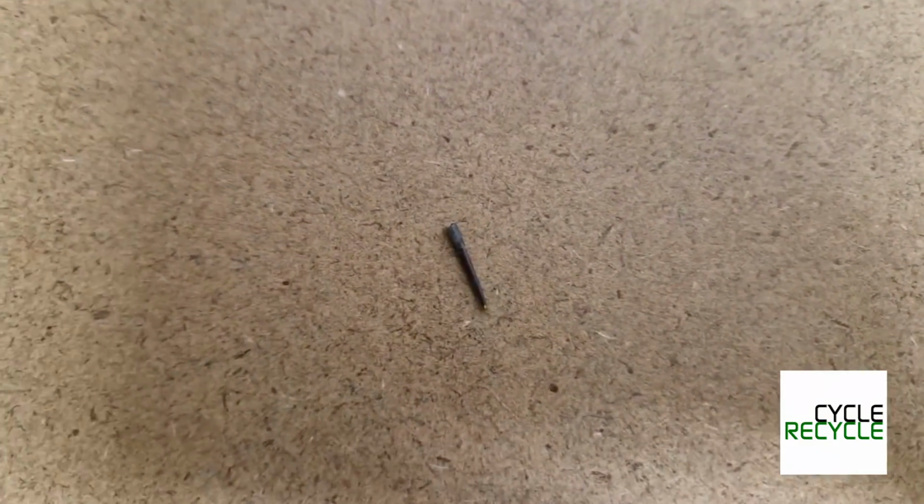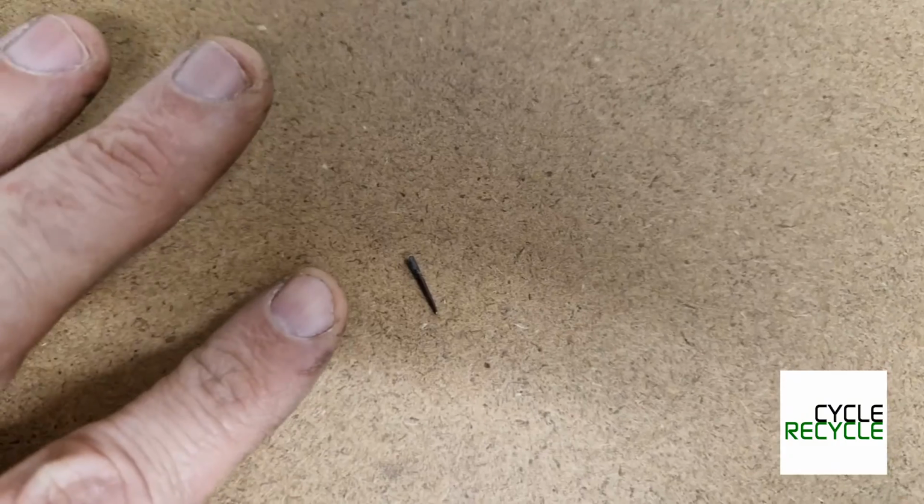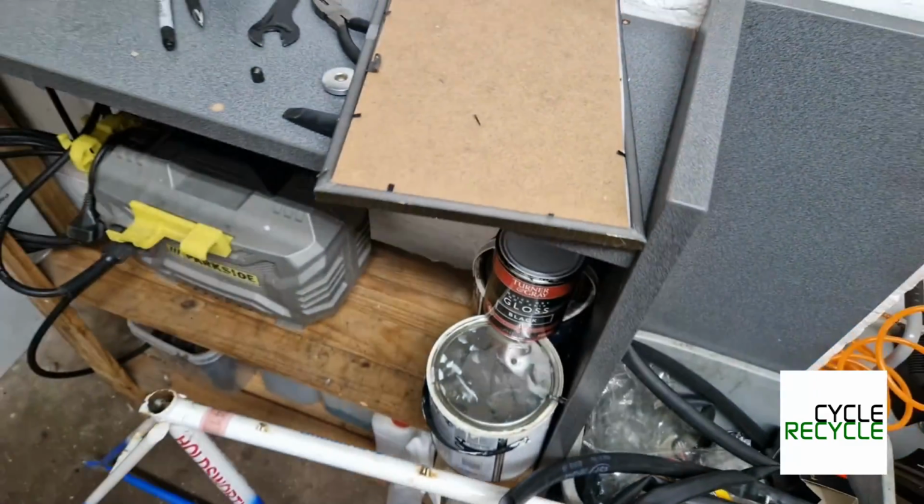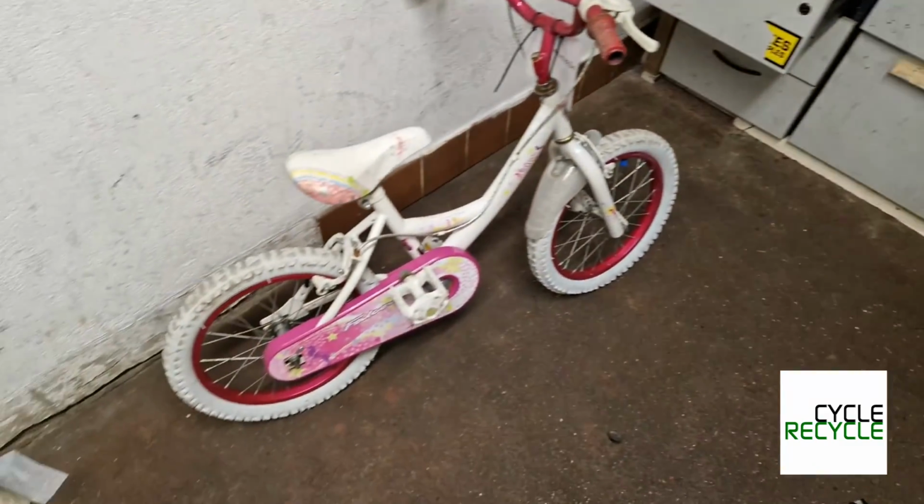So I took the tube out, and for some reason there's a hole on the exterior like it had been ridden into a puncture, and we found this in it. I don't know how close I can get, but just to put that in comparison to a finger, that's probably 1 centimetre long, a massive thorn in there that had been sat in there for 6 months at least,